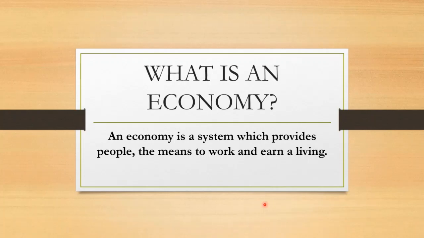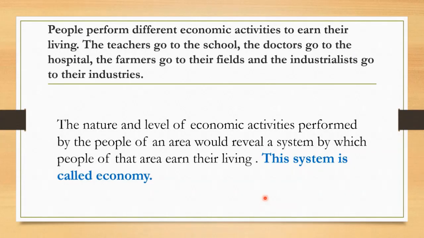Think of any society. People in the society need many goods and services in their daily life, including food, clothing, shelter, transport facilities like roads and railways, postal services, and various other services like that of teachers and doctors. Let us move ahead. People perform different economic activities to earn their living. Okay, so they have different choices as to which economic activity they are going to adopt and which decisions they are going to make, because you see economy is a system, so they have to work in a system.